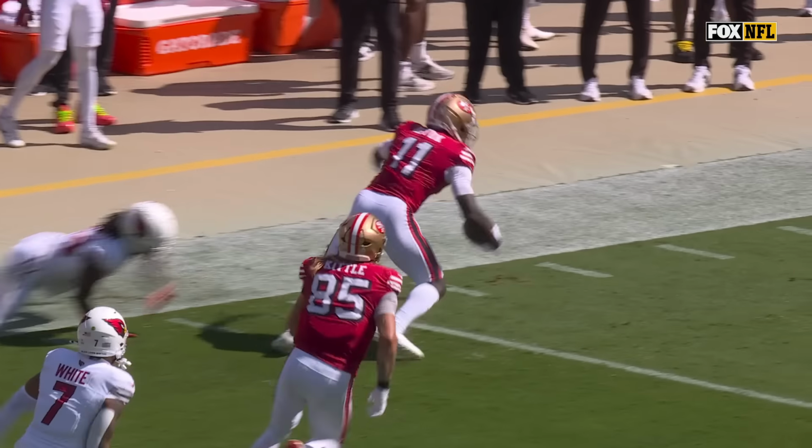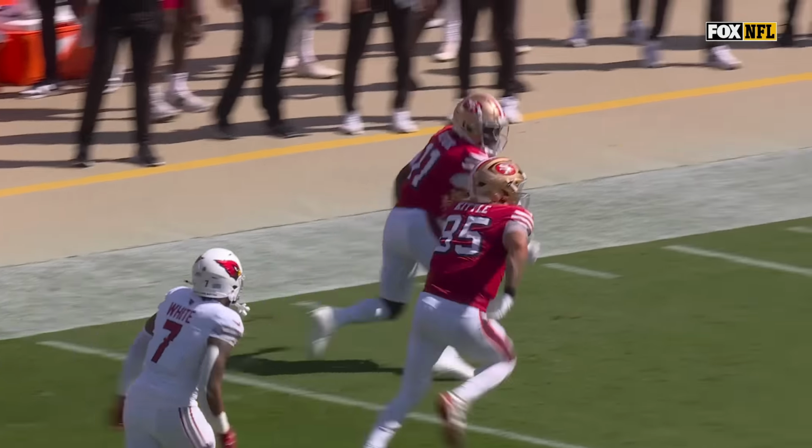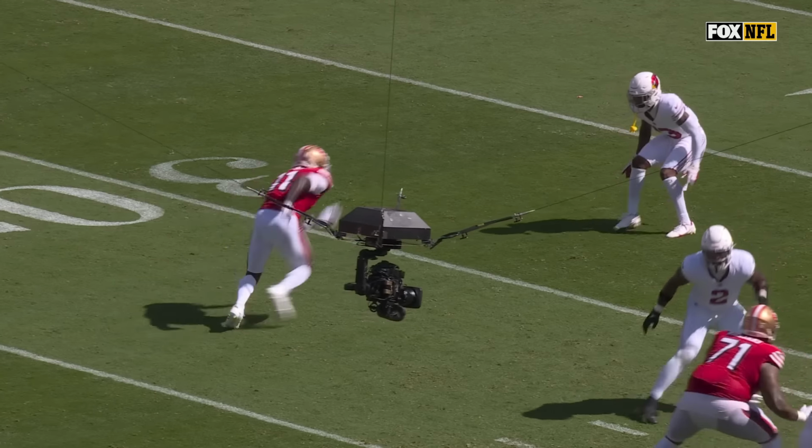On Starling Thomas, just a nice comeback, an A+. The ball is thrown to Mooney, and Dean is in really, really tight coverage. Step for step, he looks back, locates the...